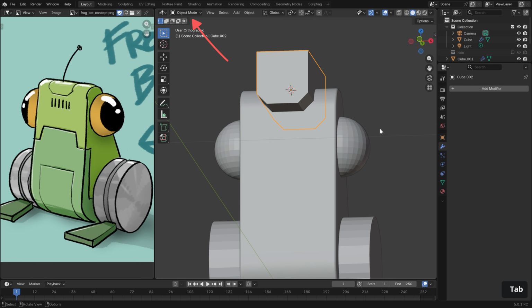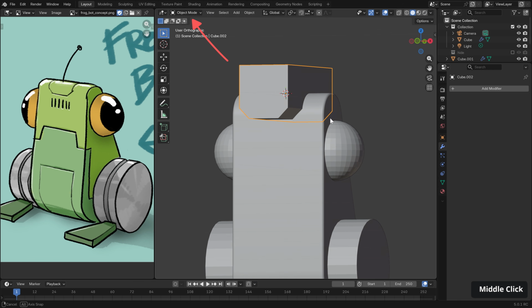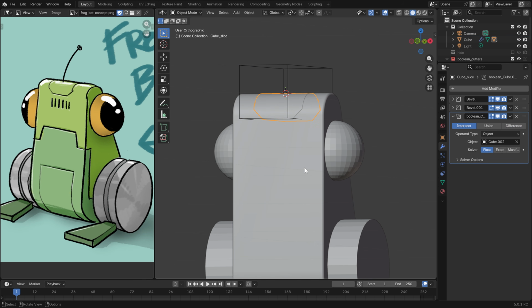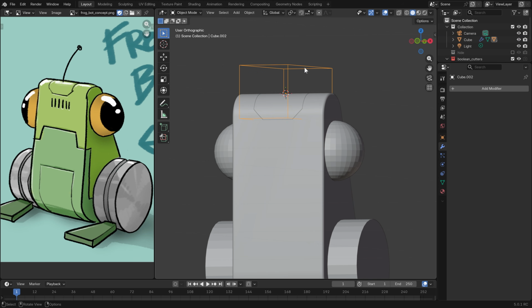Jumping back out into object mode, and we have our cutter all ready to go. Now we can shift select the body of our frog, Control, Shift and B to activate our Bool tool. And then we're going to use the brush Boolean because we want it non-destructive so we can edit it afterwards. And we want slice. Okay, now we have our 2 objects here and our cutter, which has been handily converted